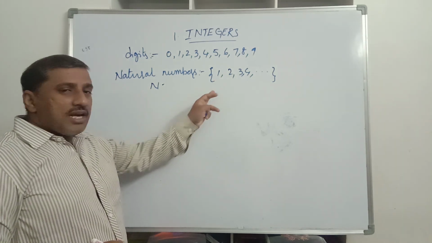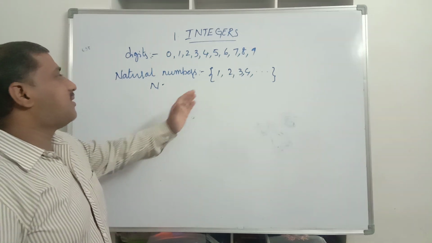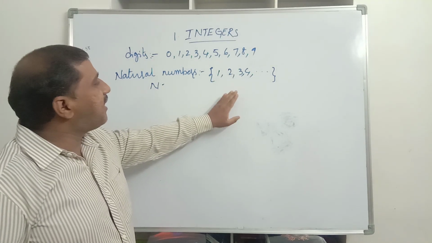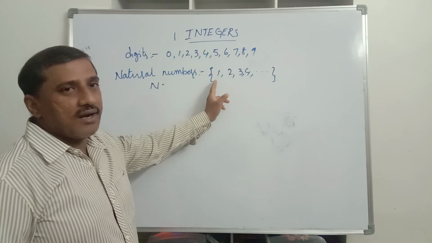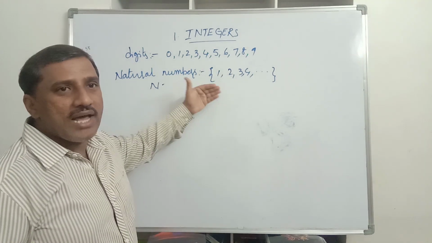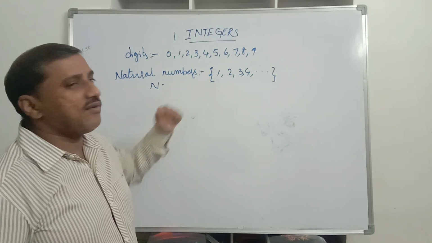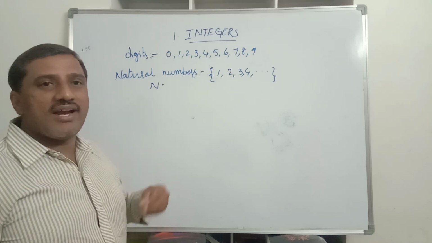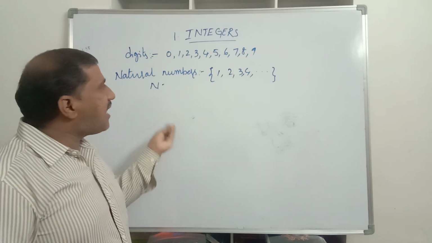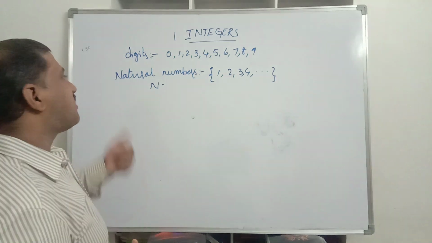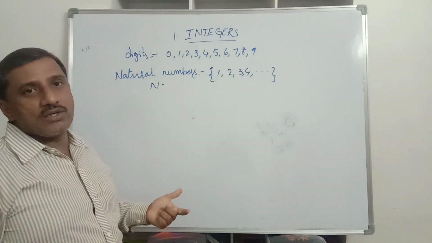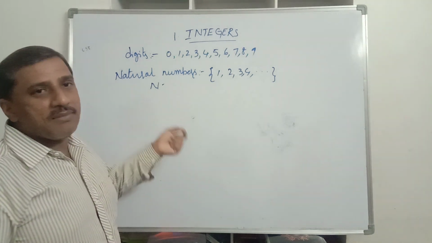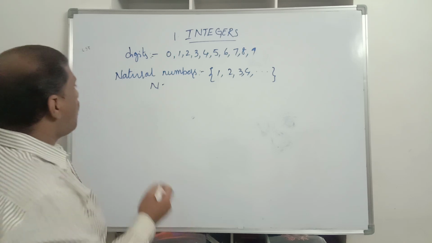Natural numbers start from 1, and the successor of 1 is 2, the successor of 2 is 3. Similarly, the predecessor of 2 is 1, but for 1 there is no natural number as a predecessor. We discussed in the 6th standard that by subtracting 1 we get the predecessor, and by adding 1 we get the successor. When we subtract 1 from 1 we get 0, but 0 is not a natural number. So 0 is included in another type of numbers, known as whole numbers.